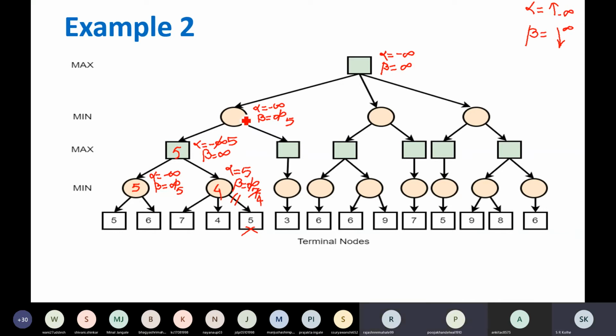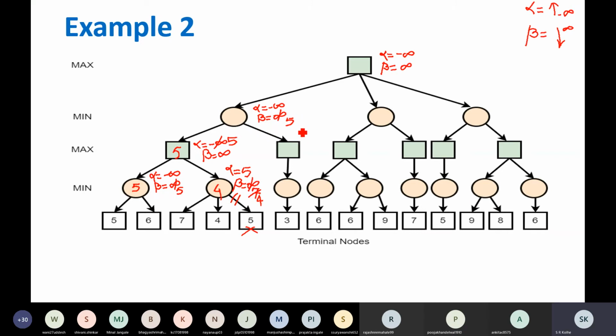No, sir. Correct. Because we don't know what we will get from this side. Only we knew that we are getting 5 from this. So don't fix that value. If you get less than 5, you will be happy to get it. But if it is greater than 5, you are not going to take it, because it's a minimizer node. Minimizer has 5 right now. If it gets less than 5, it will be happy to get from this side. Otherwise, no. So right now we don't know.